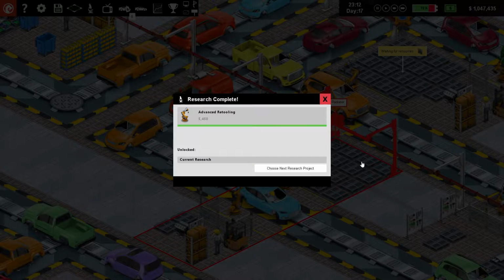Now, I have run the game offline before starting this episode, basically for about 15 minutes to see what was going on. And I researched advanced retooling. The reason why I did this specifically before I started this episode, as you may recall in the last episode, we had done no R&D, so that was vacant. And I wanted to do this one particularly because I'm feeling that in this episode we may need to,